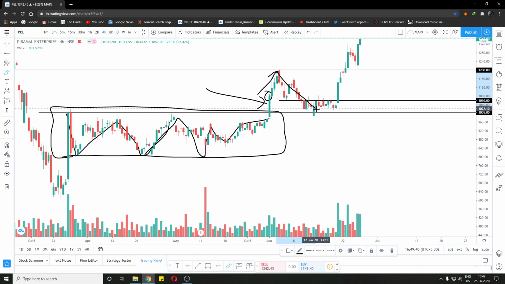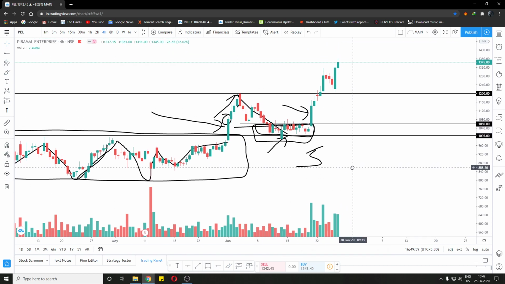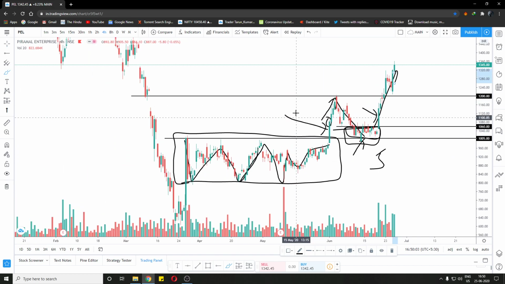The market comes for a retest, and we buy here again with the remaining half of our funds. There was another small area of sideways market, and then we had another breakout. I also made a study, an idea on TradingView specifically, and after that the market is going up.